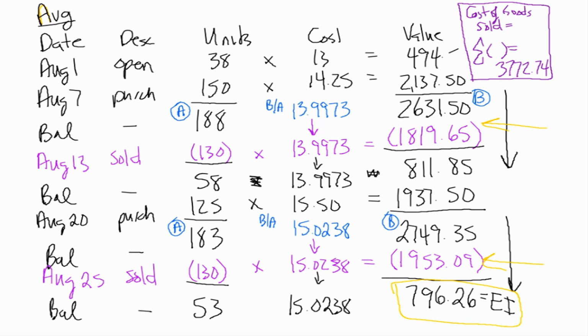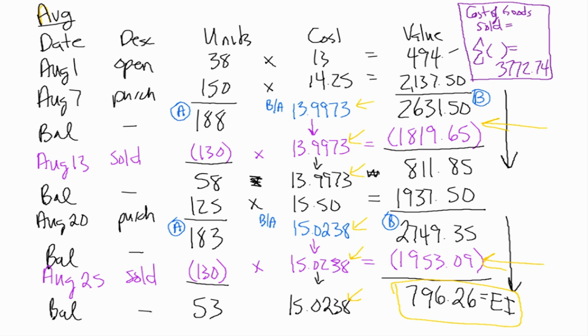How many decimal points should we keep? First of all, if you're working on Wiley, make absolutely certain you are reading the red highlighted information, because they will say something like, use 4 decimal places for all your calculations, but round your final answer to the nearest dollar. They want you to use 4 decimal places while you're doing all of this. But then when you come to the final answer, they're asking you to round to maybe the nearest penny or the nearest dollar. Make sure. But I always use 4 because I find it reduces the rounding error. All right, so if everybody's clear on this